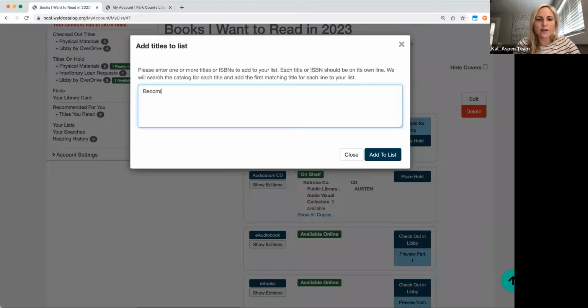So for things that I know are popular, you can just put the title in. One day I'm just going to have this ready on my sticky notes, but I'm going to type these in for now. Okay. So let's say I know I want to read these. I copy this over from my phone or a sticky note on my desktop.